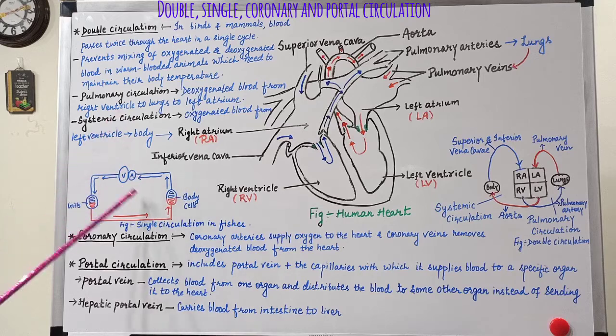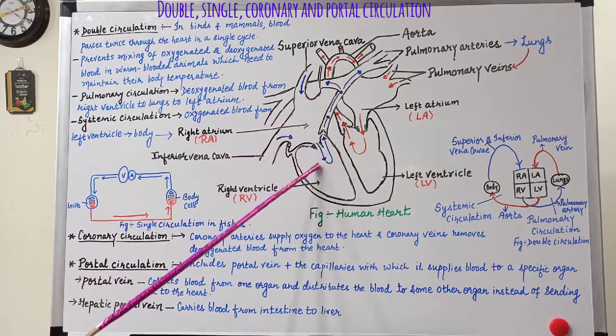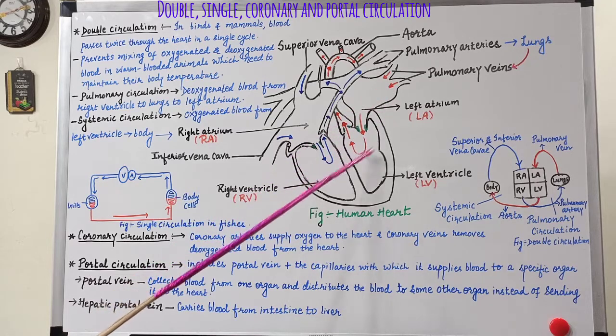The heart only contains the deoxygenated blood which it pumps to the gills where it gets oxygenated. This oxygenated blood is pumped to the body cells where oxygen is used for respiration. It again gets deoxygenated and comes back to the heart. So the heart only contains deoxygenated blood, but you may see in our case one part of the heart contains deoxygenated blood while the other part of the heart contains oxygenated blood.